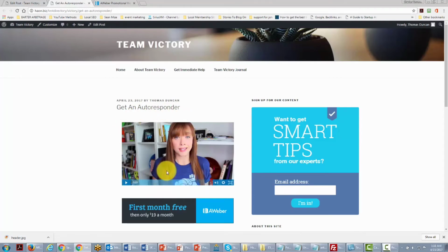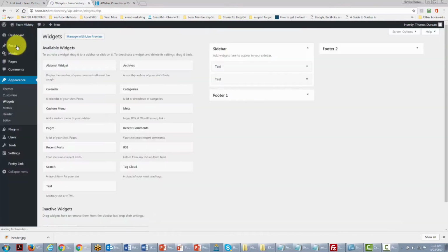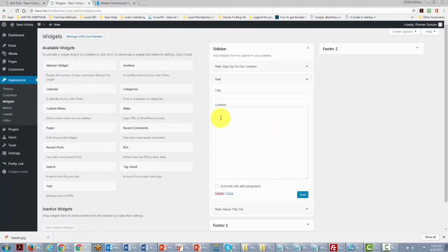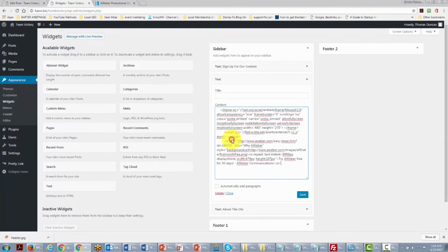Now, one of the other things that we can do is the very same thing that we did with our autoresponder code: we can put code in our widgets so that it will appear on all of our pages. In order to do that, all we need to do is go back to this area and find our widgets. And then we can take another text box, and all we've got to do is put our code in this area again. We'll click Save, Close,